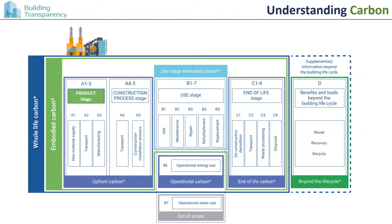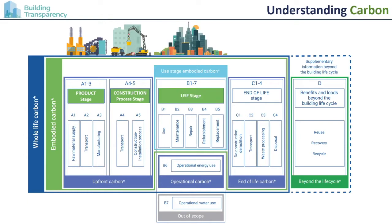Just to ground everyone a little bit in terms of what embodied carbon looks like, there's all sorts of stages. People use terms kind of interchangeably, but there really are these different stages that we can think about. There's the upfront carbon, which is the A stage. That's really the cradle to gate emissions and the construction process emissions. There's then stage B, which is the use stage. So this is looking at materials replacement. How many times are you replacing that carpet tile or that roofing membrane, and are you adding that into your